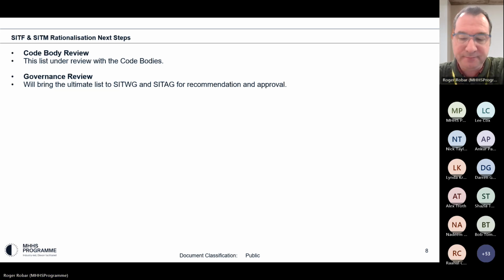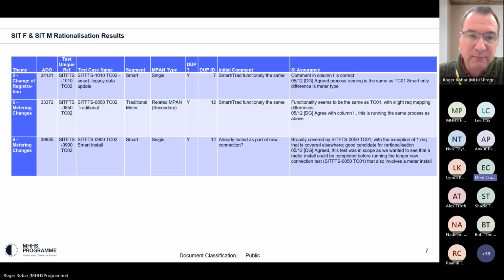Yes, Ellie. When does the list expect to conclude with code bodies? Because I noticed on a slide for session last week that it was with them week commencing the 6th. Yeah, so that would have been last week. That's what we thought. And we gave an initial list, but at this point we've refined it down and down. So I think we'll talk with them. We thought that it wouldn't take very long the last time we discussed it. So I believe it should be relatively early in the new year.